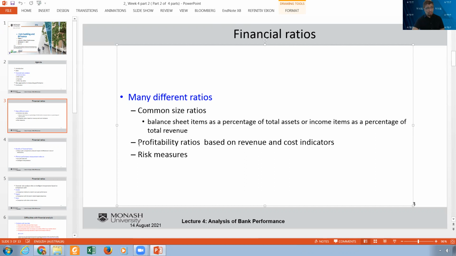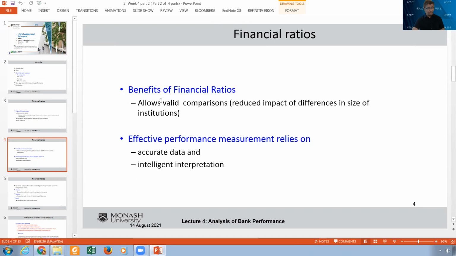Also, we can talk about a different perspective, which is the profitability ratios. Now, profitability ratios are based on revenues and cost indicators. And we can also talk about the risk measures, like when we talk about the measures of liquidity or credit risk and all those types of risk measures, we can have different ratios for that. This is the main classification, but we can go a little bit now and talk about the benefits of financial